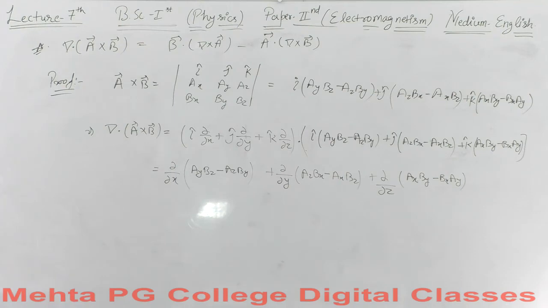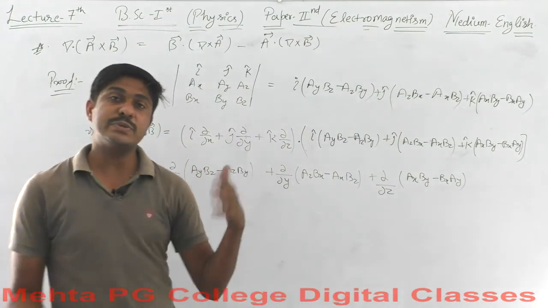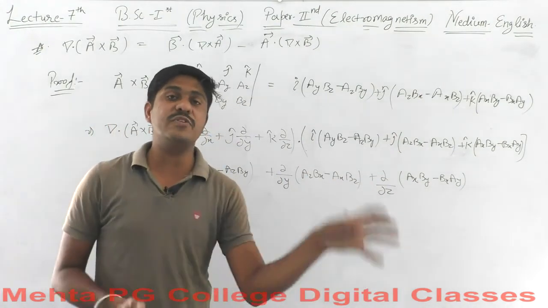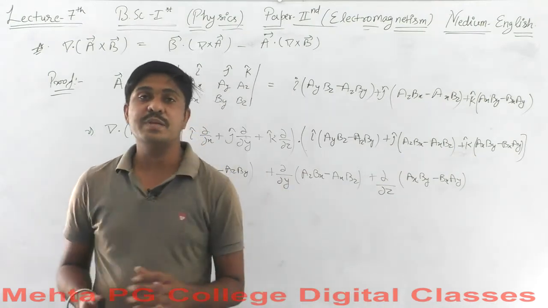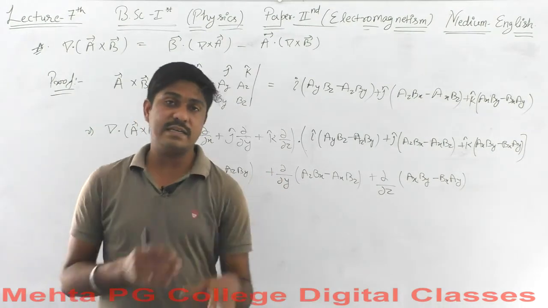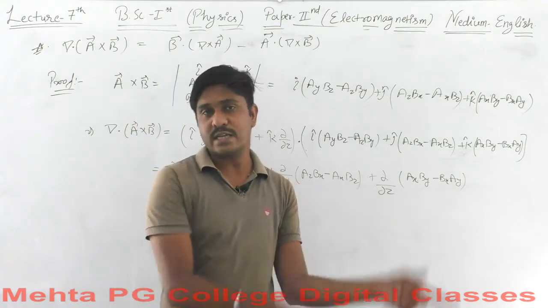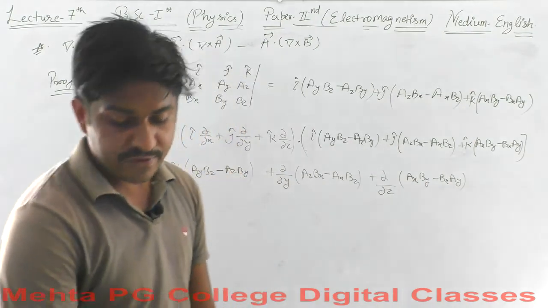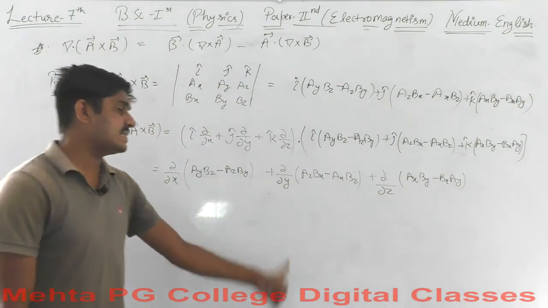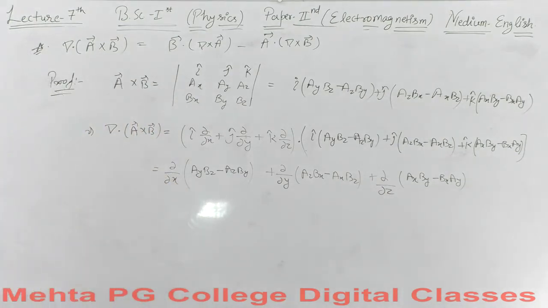So what will this basic calculation equal to? This will again be simplified using del of uv, the product of two different functions and their differentiation. The differentiation of a product of two functions, curly over curly x for uv, will be u curly v over curly x plus v curly u over curly x. So let's proceed in the same way. Here we have two functions, AY BZ and AZ BY. So first let's solve these. We will end up with a pretty big equation.